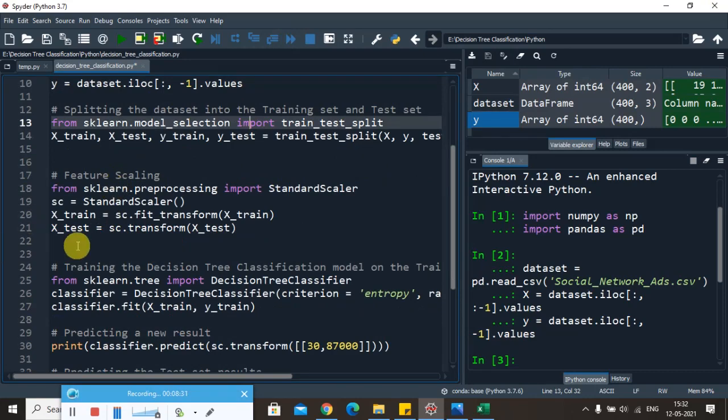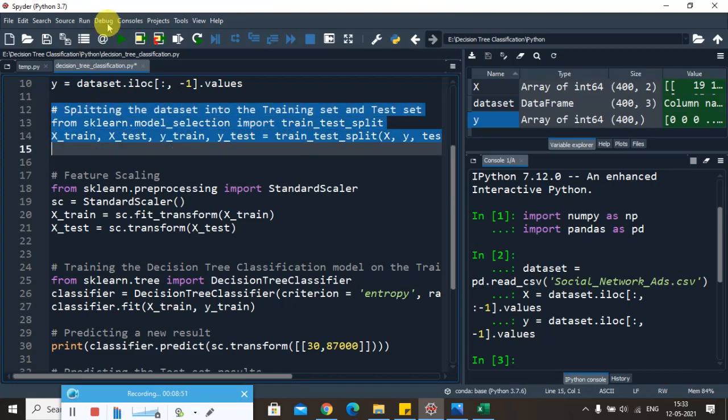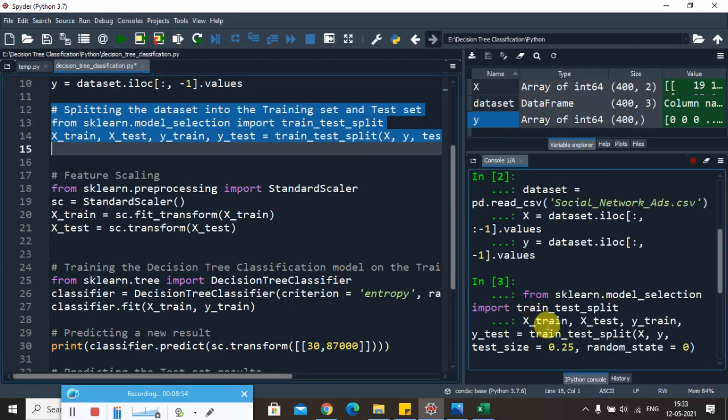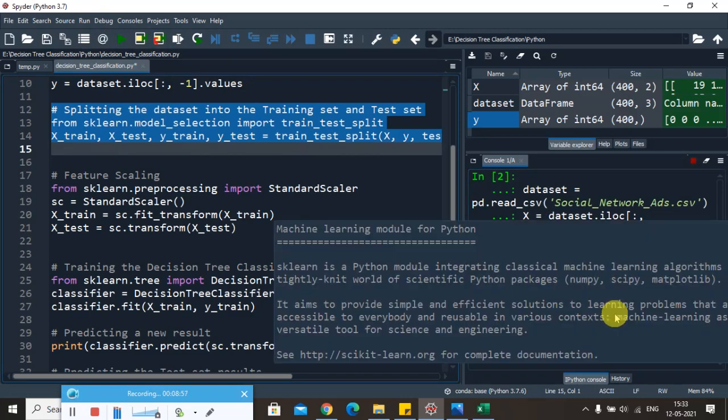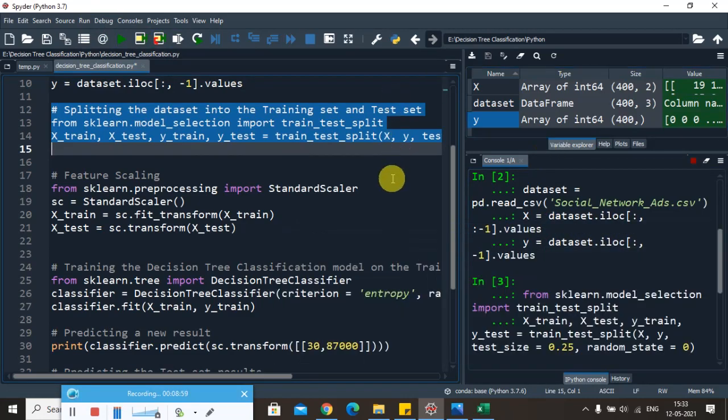Now we are going to do the feature scaling mechanism. As I already mentioned in my earlier session, feature scaling mechanisms are applied for such datasets wherein the data are not in the right scale. So for example, if you see the X train and Y train dataset, after we split up the dataset into training and testing, let me do this first. Once we split up the data, considering 25% of the data for testing and the rest 75% for the training dataset, we are able to do the feature scaling mechanism.